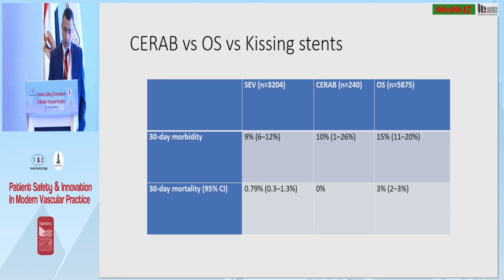And again, the St. Thomas's group from London looked at more than 9,000 patients, and they compared the outcome in patients who had CERAB versus open surgery and versus kissing stents. And they found that